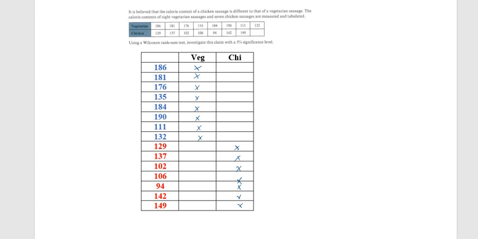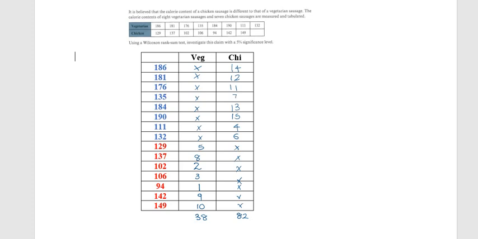The smallest number in the data set is 94, so it gets rank 1. Then the second largest number 102, so rank 2. Actually it's the smallest one, smallest 94, next one 102. Likewise, if you arrange the ranks, if you sort the ranks, it will come like this. So these are the overall ranks. Then if we get the total of these ranks, for vegetarian the total rank is 38, for chicken it is total